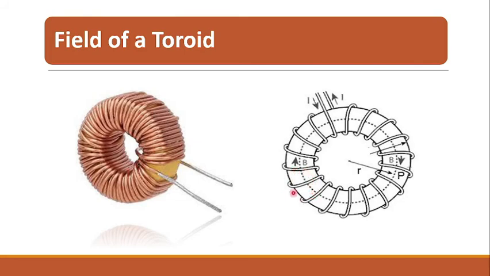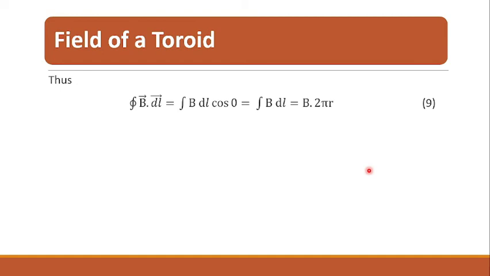Suppose we have to find out the field at a point P inside the toroid. Let the distance of P from the center be r. Draw a circle through the point P and concentric with the toroid. By symmetry, the field will have equal magnitude at all points of the circle and therefore the field is everywhere tangential to the circle. Thus, we get the closed integral over the closed loop of B vector dot dl vector